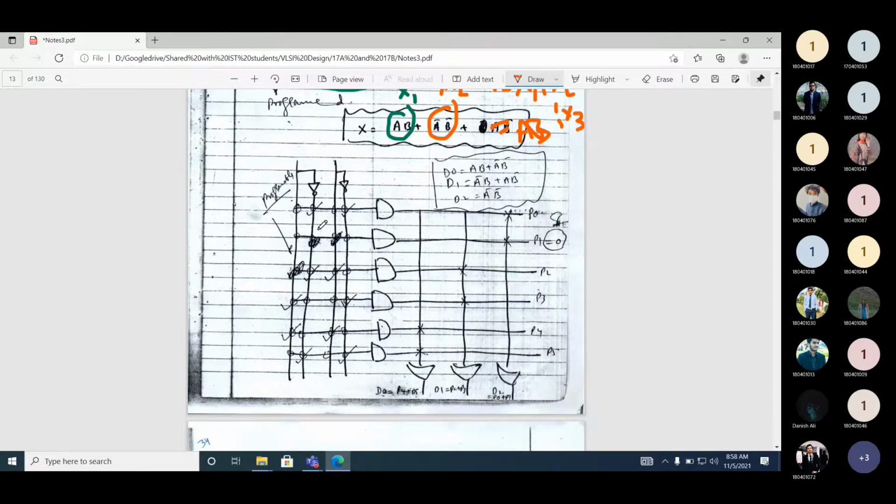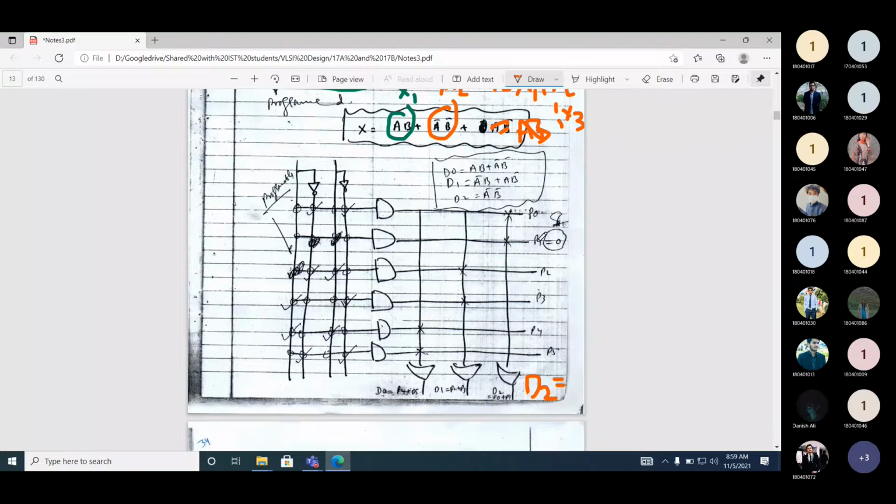If you look at here, can you see this? Can you see the circles? When the circles are there, it is unprogrammed. And in this case, there are no circles. These are fixed. So what is the value of D2?